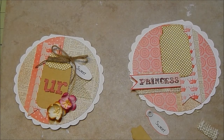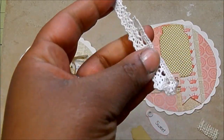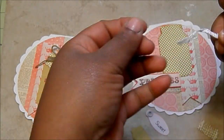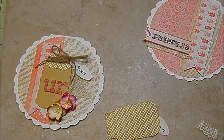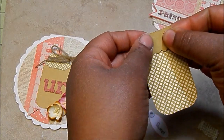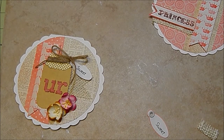So the first thing I'm going to get is some tiny little piece of crochet ribbon, and I'm going to cut just this top part off so I can use it as the liner. There is a liner that comes with the file, but I really wanted to have the crochet part on here. Just got that off, and I'm going to use some tape for my little decorative edge thing for my jar. Put that on, line that up with that. Pretty simple. And then I am just going to add a tiny bit of hot glue off camera to the top of the jar so that I can add that